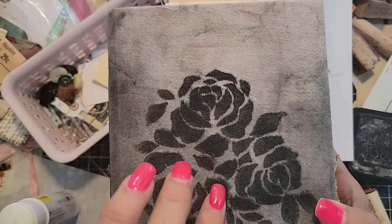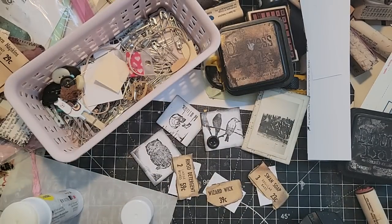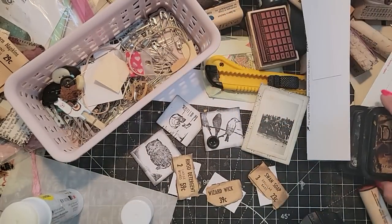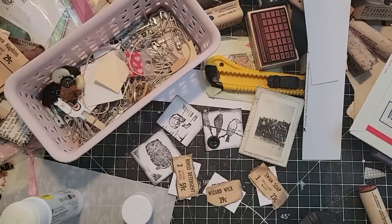I'm thinking that is maybe acrylic paint, possibly. Not sure. I'm trying to figure out what I used there. It was either modeling paste or acrylic paint. I think I may have said it was modeling paste when it actually might be acrylic paint, because it's not as thick as modeling paste and it's very densely colored, and I don't think I have black modeling paste, or maybe I did at one point. So, you know,